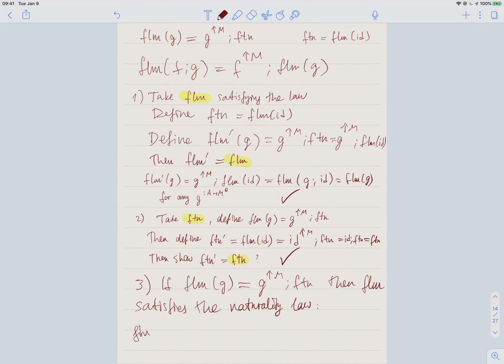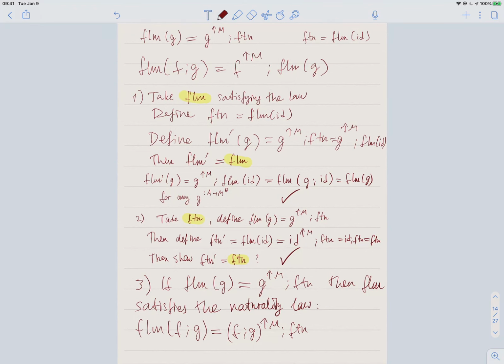flatMap of f g. I'm not writing any types here because we already checked that all the types match. You don't have to write types. I just write the functions. Now this is f g lifted to m, flatten,